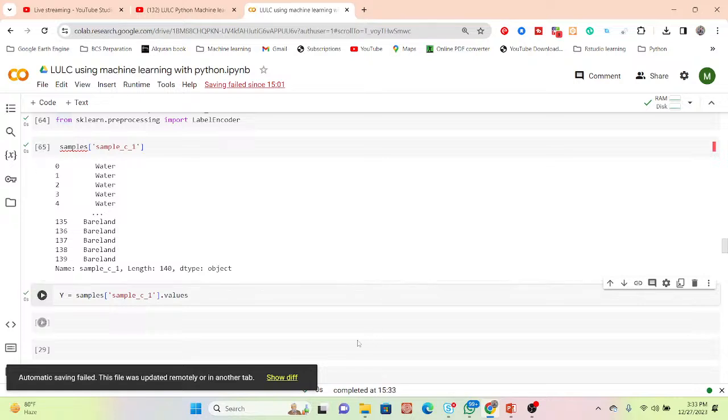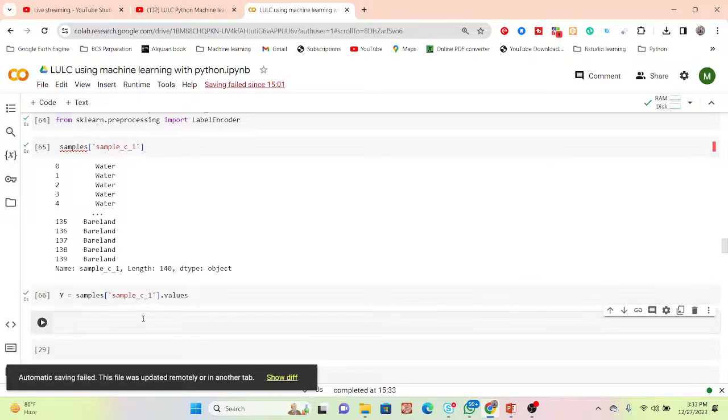Okay, it's done. After I extract the values, I need to label encode them, so I take a variable, label encoder,